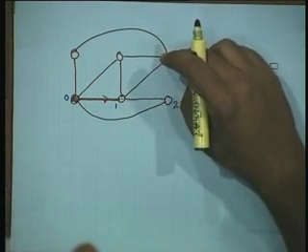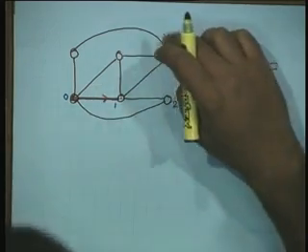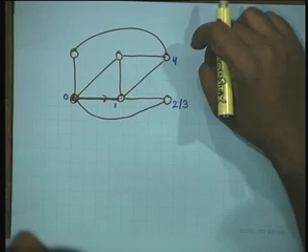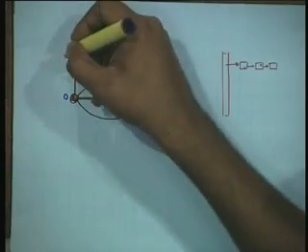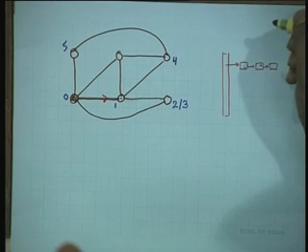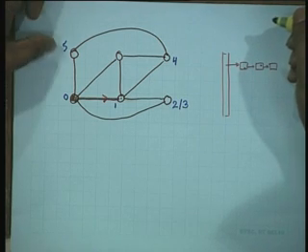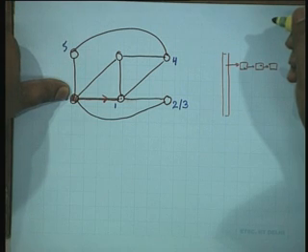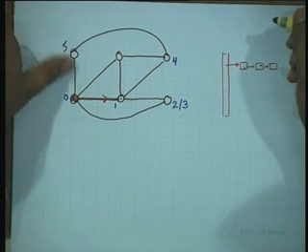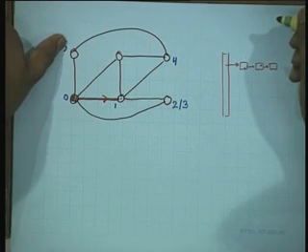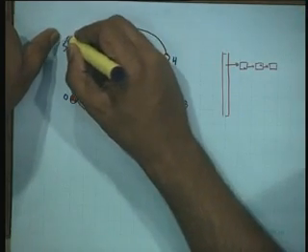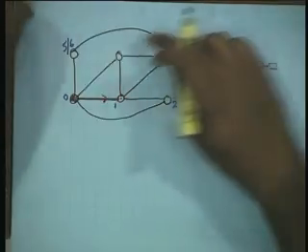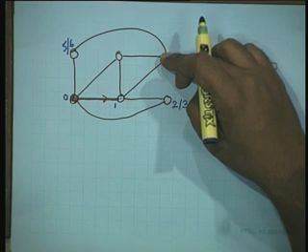And now at this vertex, what are the other options I have? I can go along this edge or I can go along this edge. Let us say I decided to go along this edge, and I came to this vertex at time 5. At this point, I could go along this edge to this vertex, but again this vertex is already visited. So, I am not going to do that, and since there is no other option left, I will backtrack out of here. So, I finished my visit at this vertex at time 6. Always backtrack to where we came from. We came from 4, so we go back to that.